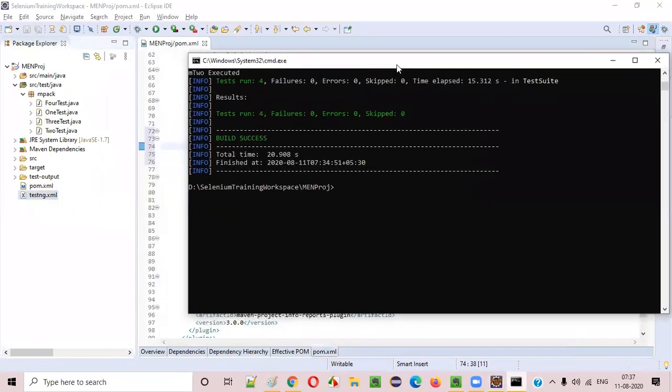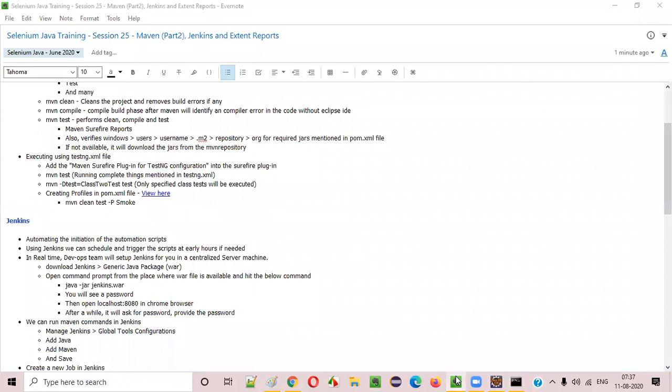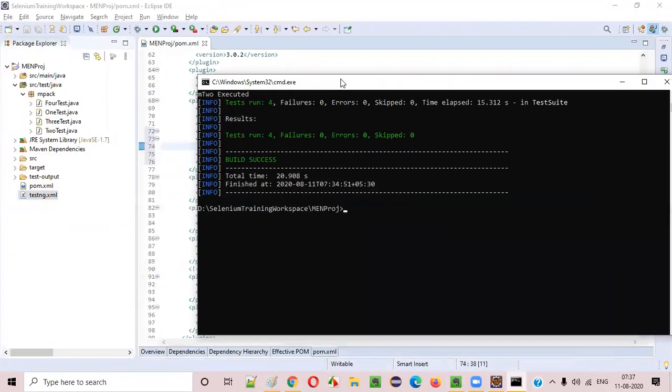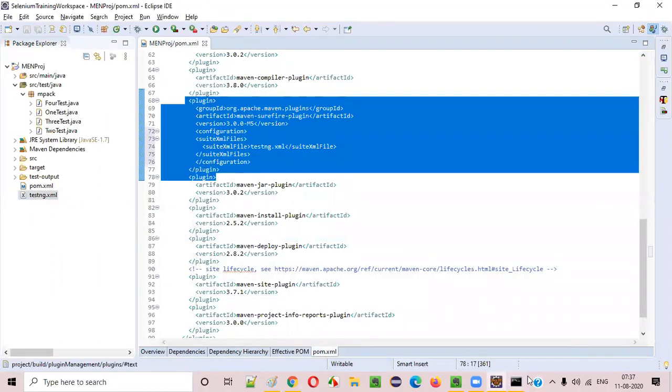Tell me guys, after updating this configuration in the pom.xml file, if I run this mvn test, what will happen? Will 2 tests run or 4 tests run this time? Give a guess guys. I updated the configuration and mentioned that clearly. Then whenever you are running this mvn test,